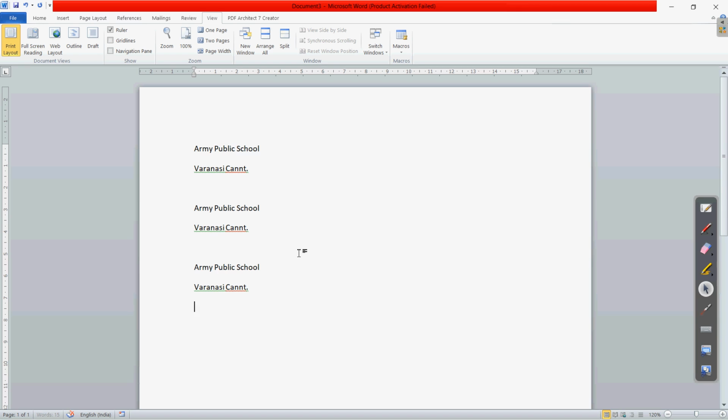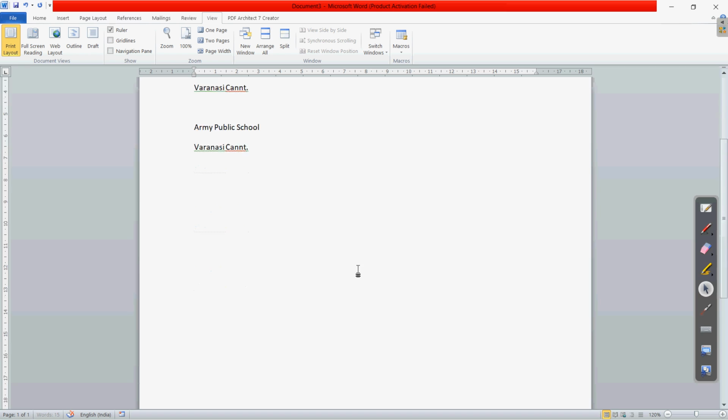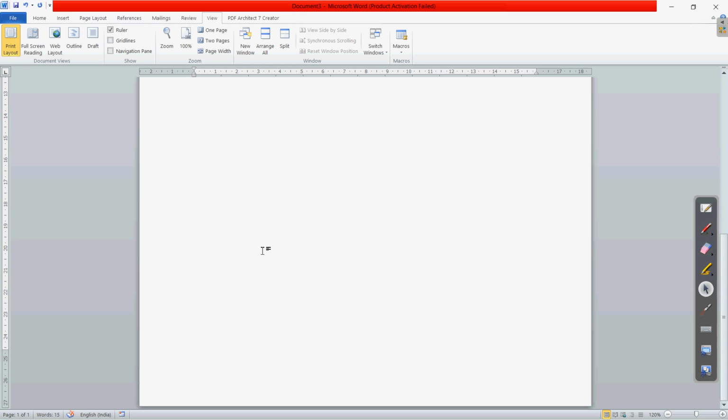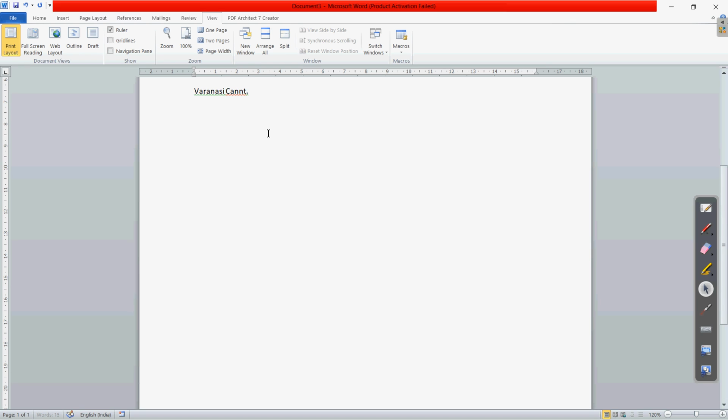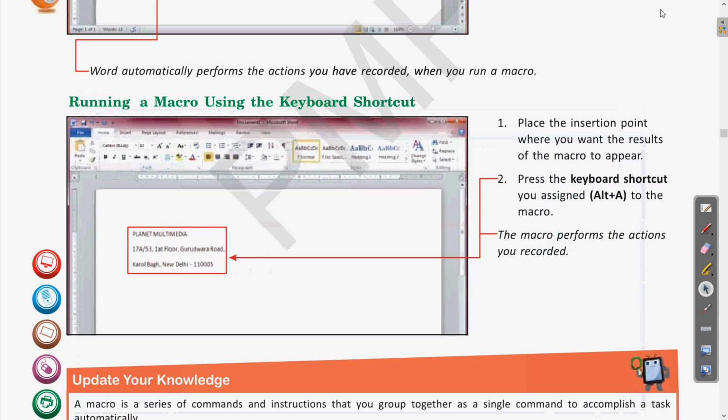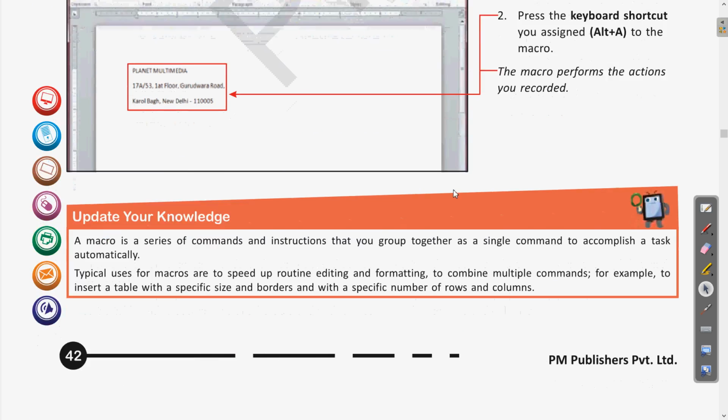Here you can see it. You can use this macro on any new page. If I come anywhere else, or even in a new document, not only the same document, you can use this macro in a new document as well. Here I am pressing again, and this will bring the text you have written again on this page. I hope this is clear. So we have covered how to use the macro and how to run it.